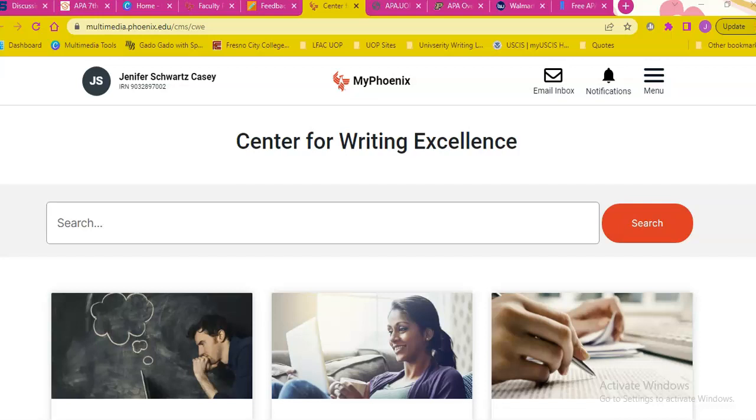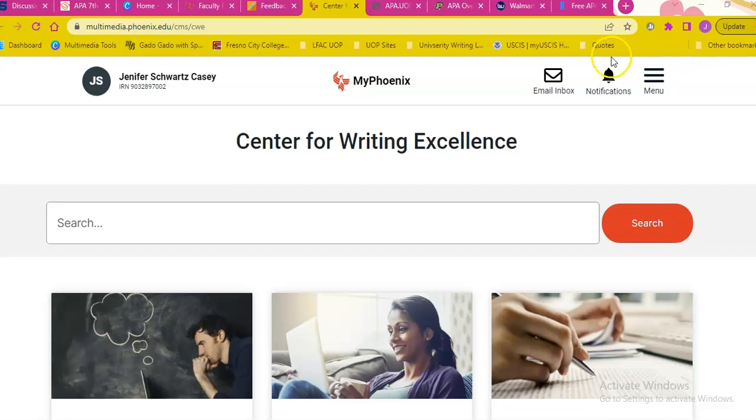So I've had a few questions about APA formatting, including the title page, the references, and the citations on the reference page. So I wanted to just go over some of the tools and tips and resources for you to be able to set up your paper in APA very easily and show you the places that you can go to get